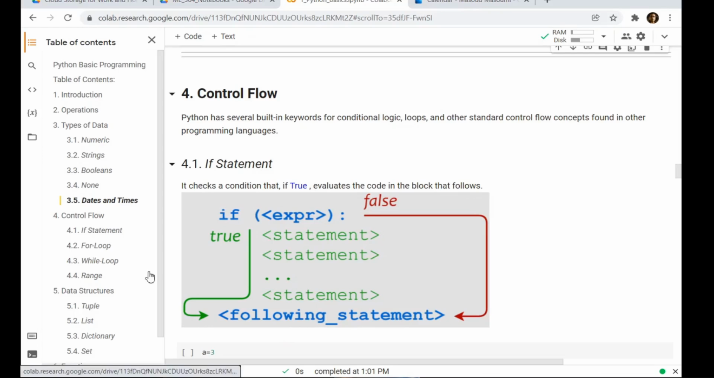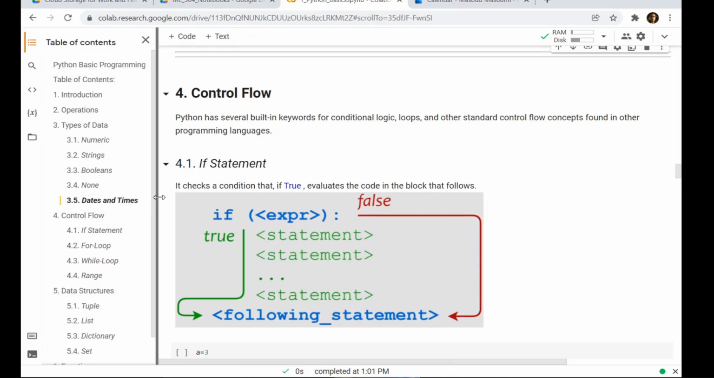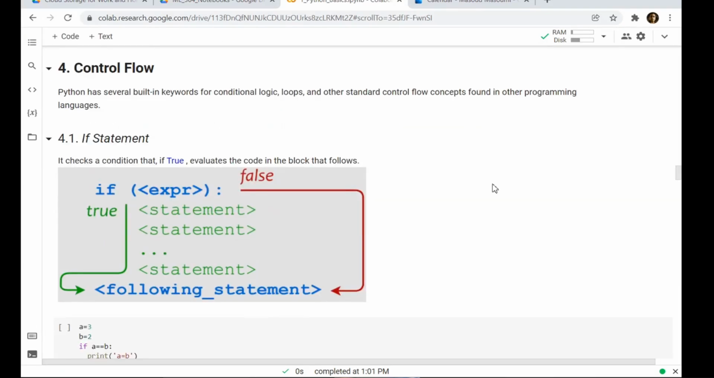So we're going to talk about these three main control flow structures, the if, for, and while. I put range there. I'll talk about what that is. It's not exactly a control flow, but I have to talk about it because it's something that we need in Python, and we'll work with it, we'll use it. All right. So if statement,